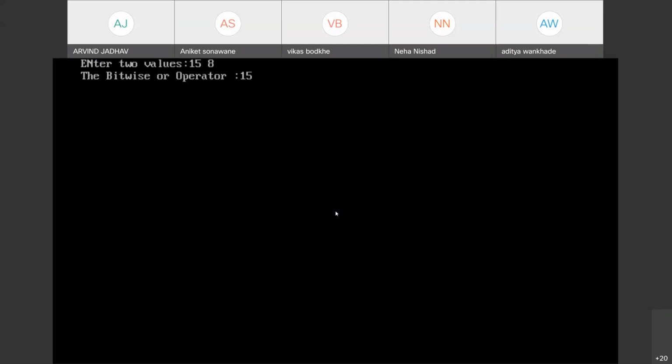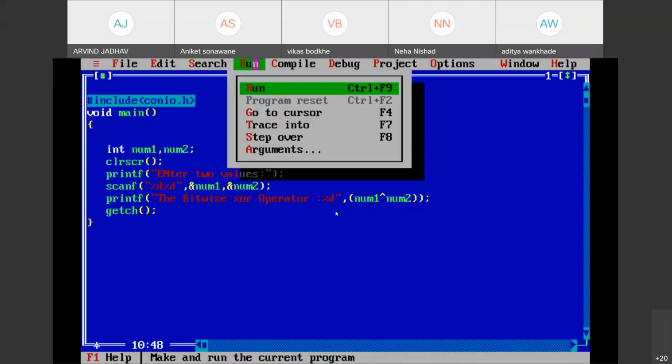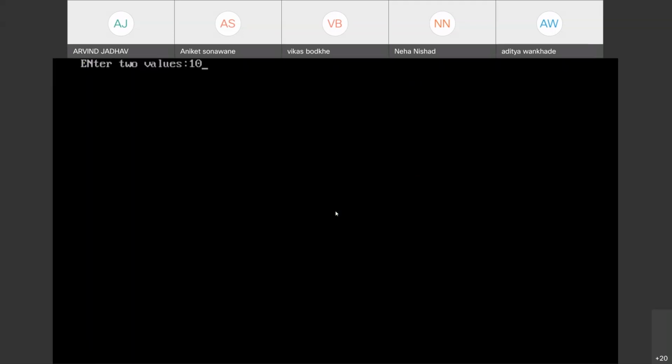So likewise we can perform the operation, and one more operation is remaining, called XOR. Here I will write it using the caret symbol, XOR. Just run it and enter 10 and 2, we get the value as 8.